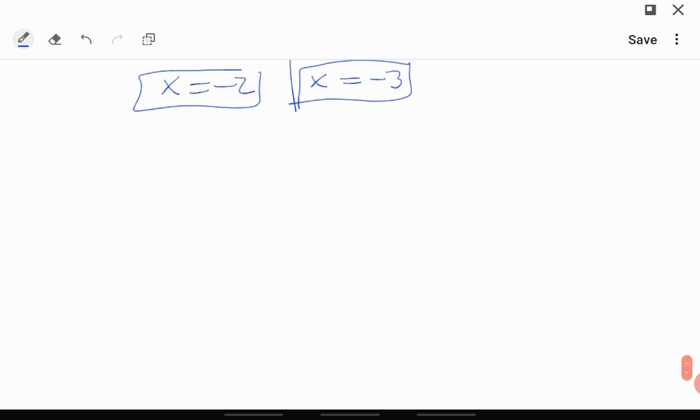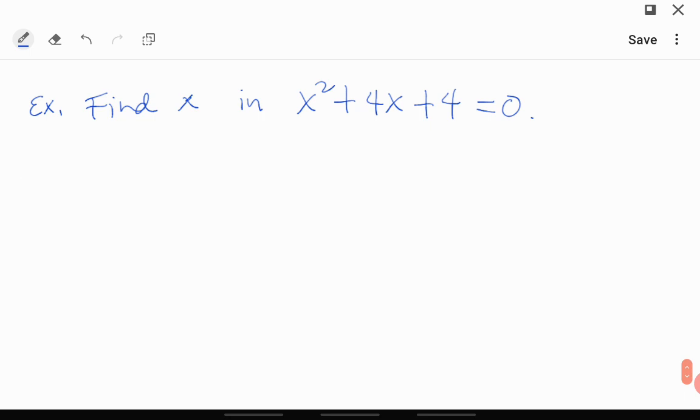Okay? Isa pang halimbawa. Find x in this equation: x squared plus 4x plus 4 equals 0. So, ano kaya yung value ng x dyan? Okay, first of all, check mo kung nasa standard form. Check, nasa standard form na kasi ang right side ay 0. Okay, so diretso na tayo sa solution. Okay, for our solution,